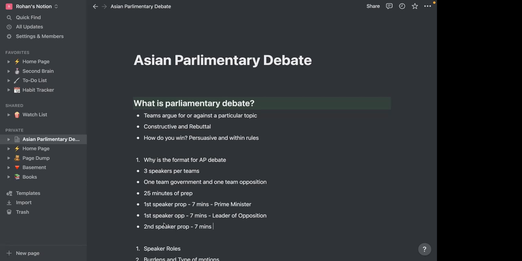Or if your first speaker made a mistake, you can try to provide some corrective mechanism, or you can provide some extra argument that fills the hole that your first speaker missed within the debate. So for example, if your first speaker provided 2 ideas, but one of them had a massive logical hole in it, you can go ahead and fix that gap as a second speaker. So even though that one speaker might have done a little poorly, you as a team still remain strong because the arguments are still strong because they don't have holes anymore.